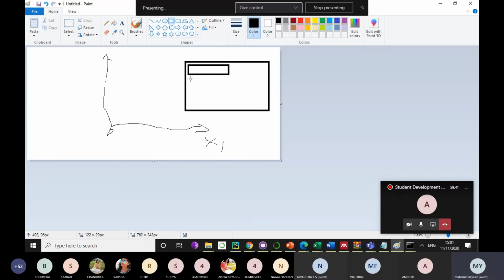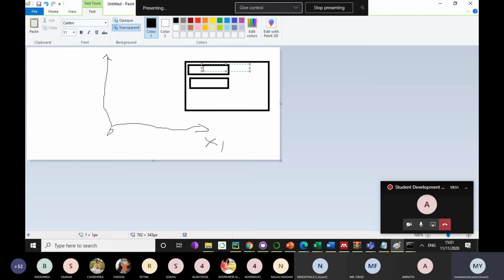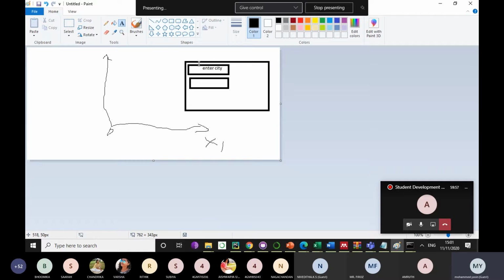Right now I'm still planning this, so I'll do a simple design. Here it should be written "enter city". A label should be there.